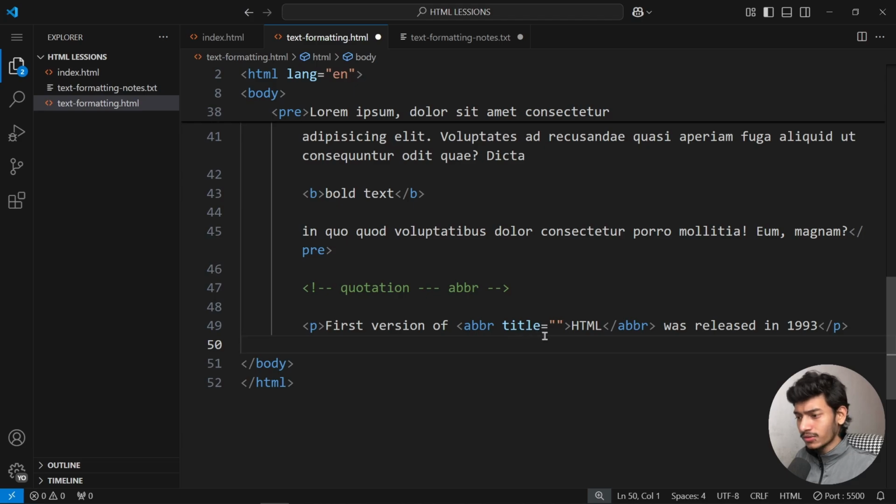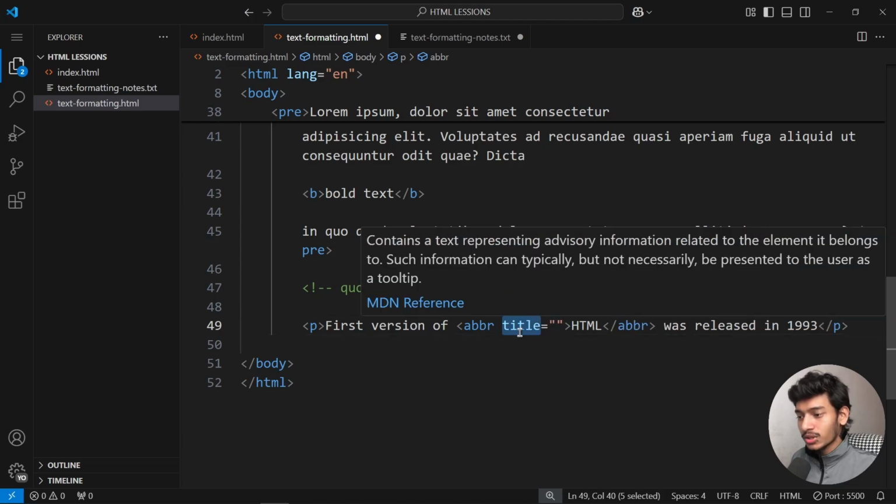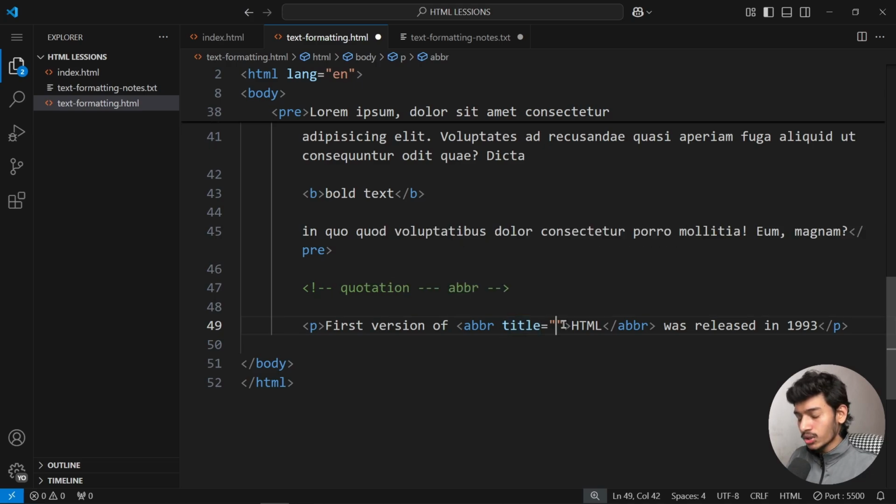Okay, maybe you are seeing it the first time, what's coming inside this opening tag, right? The simple opening tag is this, but what's coming inside the opening tag? So this is called an attribute. If you don't know what an attribute is, we haven't learned it previously, but in the next video we're going to cover it. So here we have to type